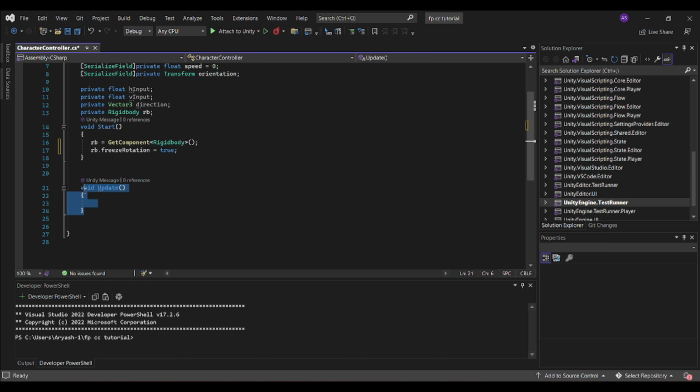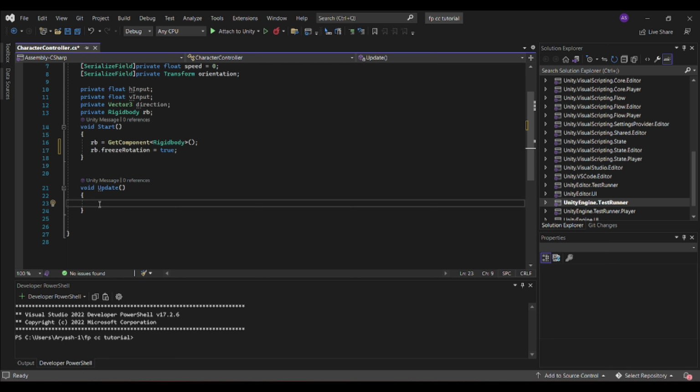Let's move on to the update function. So the update function runs once per frame. So after we press the start button, it keeps on running. And so this could give some problems for us because we have to be careful with the update function. Because someone with 60 frames per second could be running this update function 60 times in 1 second. However, someone with 30 frames per second can only run it 30 times a second.